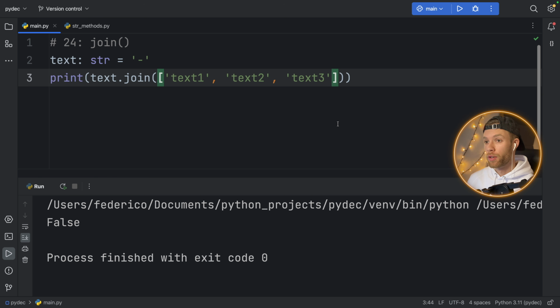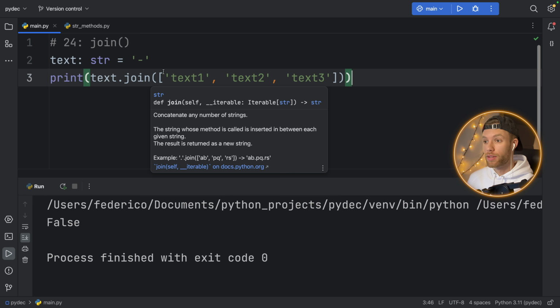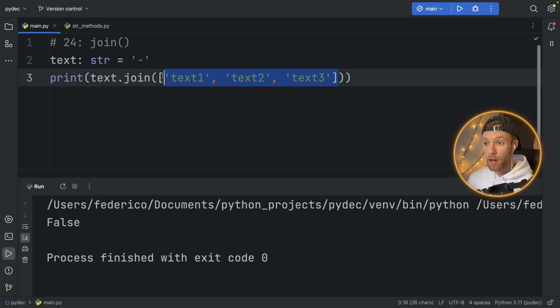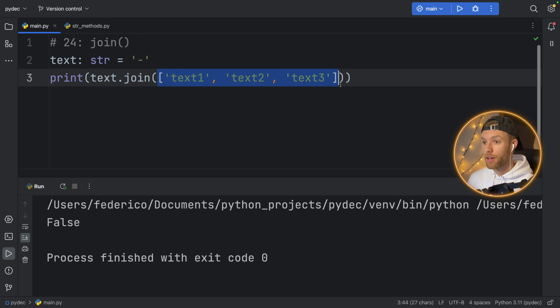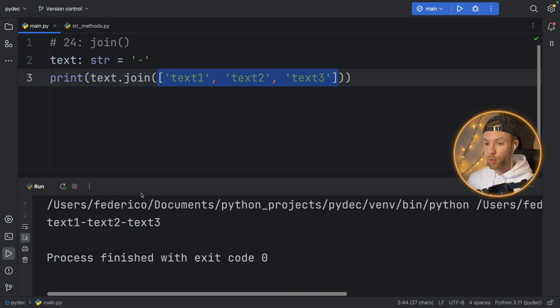Number 24, join. Right now we have a text of type string and we want to combine some words, for example. So what join does is combine an array of items together using the given string. So this is going to be placed in between each one of the elements that we are joining. And to call it, we just have to say text.join, and we're going to join an array of our choice. So if we run this, we'll get